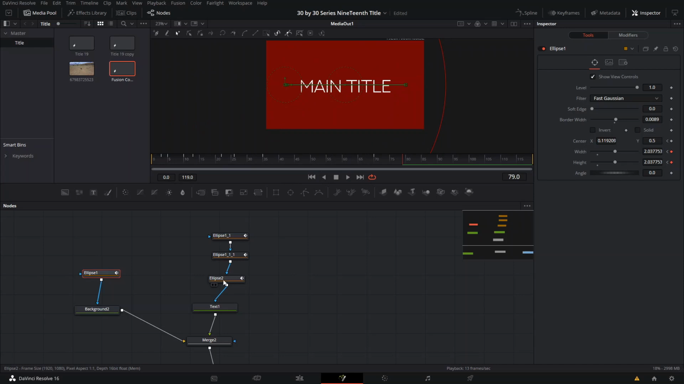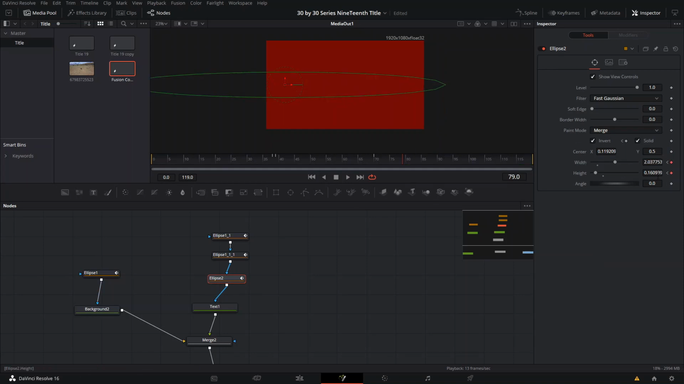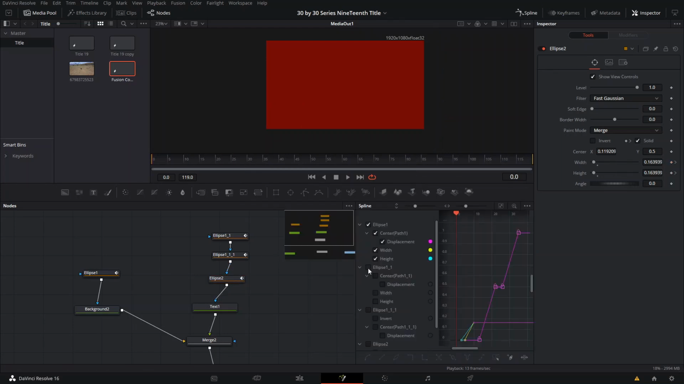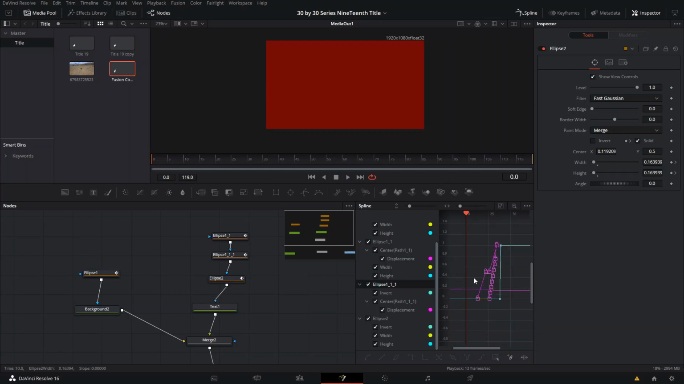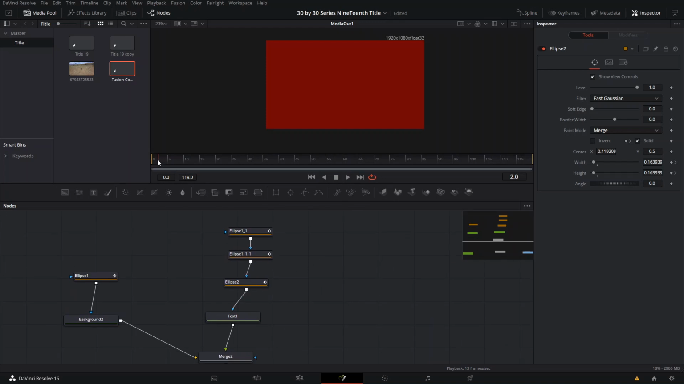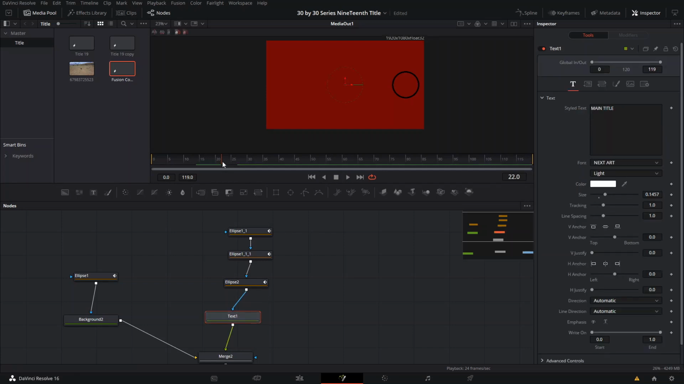And then we can copy this and add it to this one. There. So then we can go to the spline tool, select everything and press F to make it smooth. And then let's see how that looks. That looks pretty cool. Another thing that I did was I also added a little effect to the text. So you will see here,